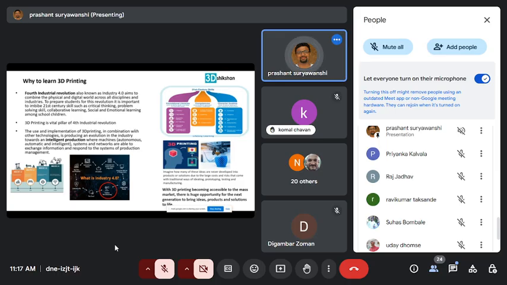So now coming back to our topic, why is 3D printing such a buzz now, and it is already creating a lot of things, because earlier, imagine the era before 3D printing. Let's say a student has an idea, but doesn't know how to produce that idea, how to take that idea from prototype to real product.